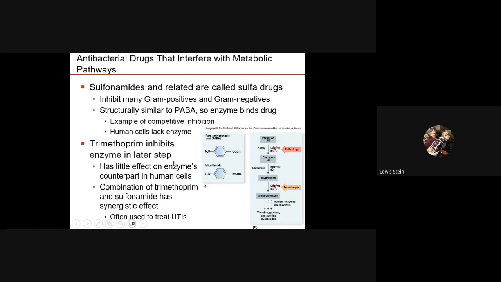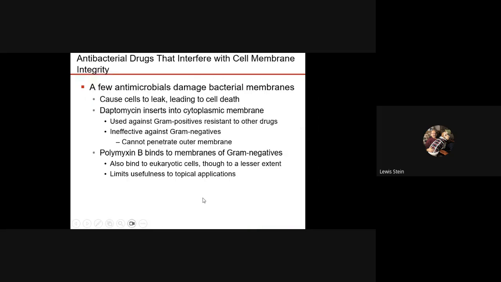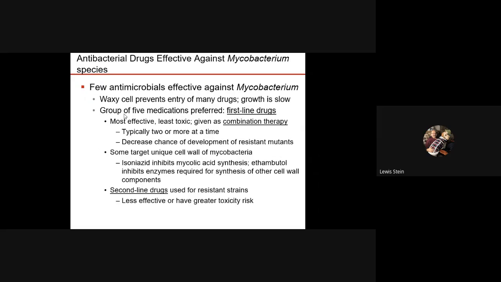We don't have the enzyme, often used to treat UTIs. Now we use this combination, and they show it to you. Membranes, not a whole lot that we use, because polymyxin B is so strong it's used topically. Occasionally, we will have such a resistant gram-positive that you'll hear about daptomycin. These ones that you start to learn about, particularly in pharmacology, are what we call drugs of last resort. We don't have a choice. Almost done.